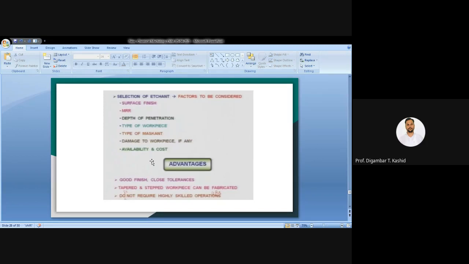You will get close tolerance also, or you can maintain good tolerance on your machine component using this PCM technique. Also, you can make tapered and stepped workpieces. So these are the advantages. Again, we do not require any highly skilled operator for this process.